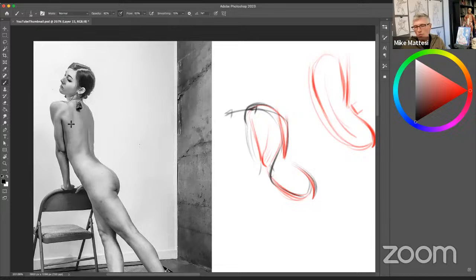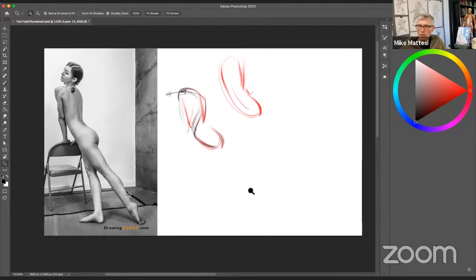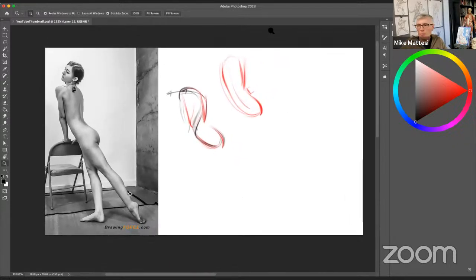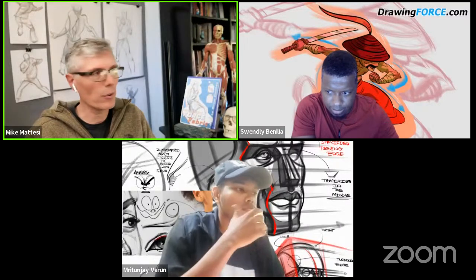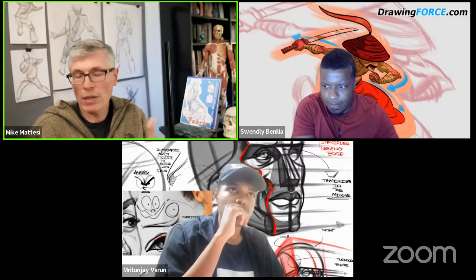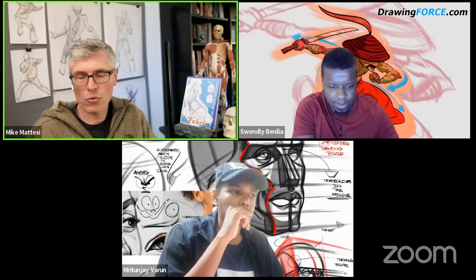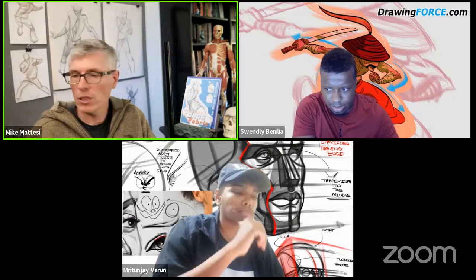And I think to your point, maybe it's because she's just so lean and thin. She has a straight, strongish back. But I think the shoulder really helps pull that. And like Swanley was saying, I think that brings you down and around over here. So it's interesting, and these are the kind of problems we want, right? So just to be clear with all of you, in mentorship, I don't say with each drawing, I just look at it and go, boom, it's that.